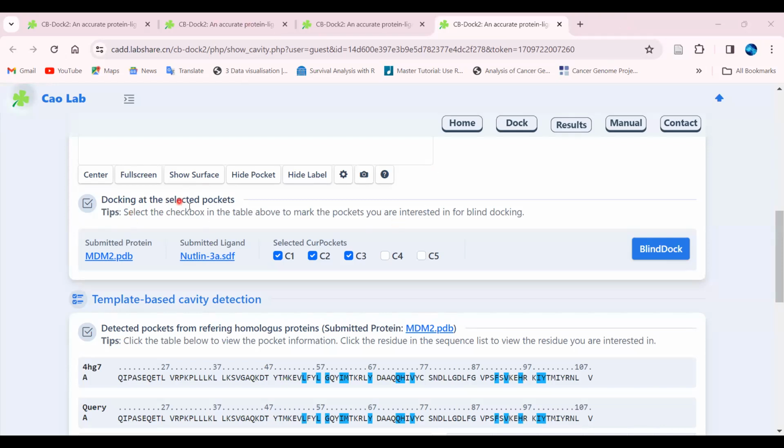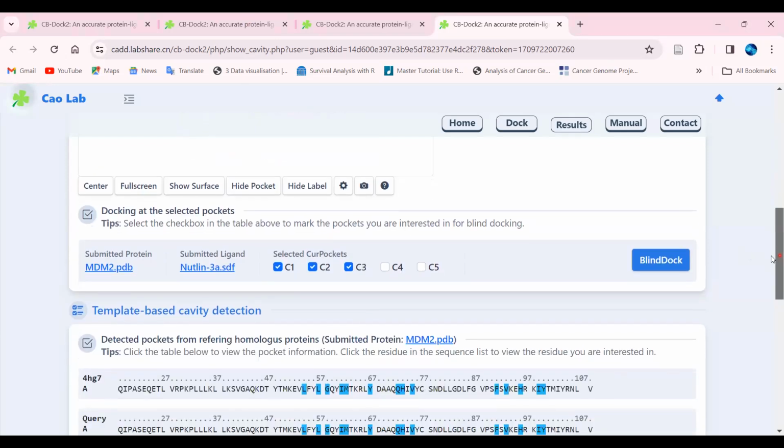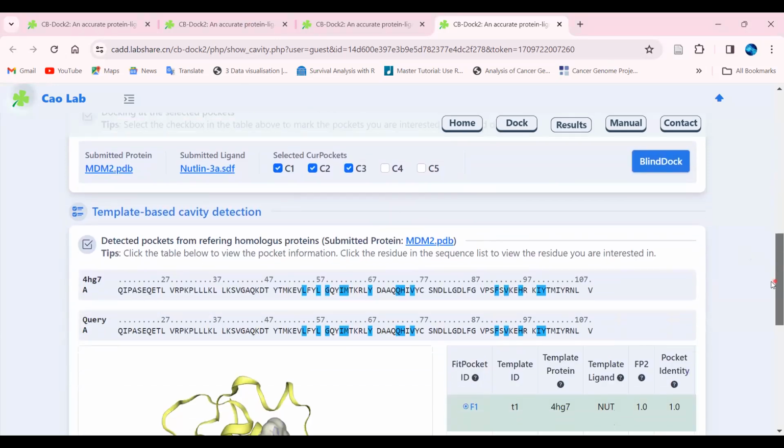Whereas the docking at the selected pockets is even given over here. You can even perform the docking over here. If you are interested to move ahead to perform the docking, then you can check out the blind docking with respect to the drug target what we have given, which is over here. Okay. So once you just click, you can proceed ahead to get to know the docking scores accordingly. But for a while, we will go with the cavity region to understand what other information has been shared.